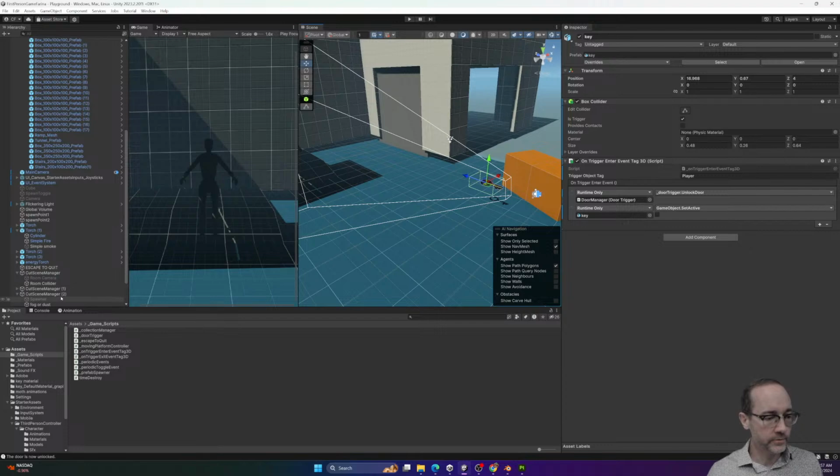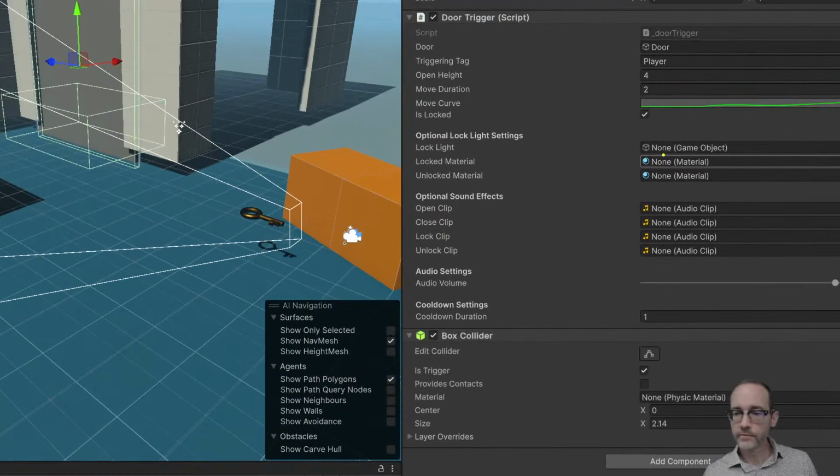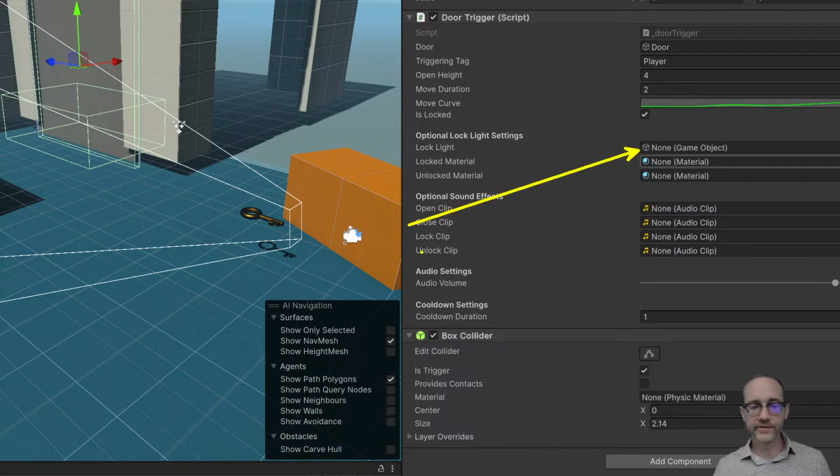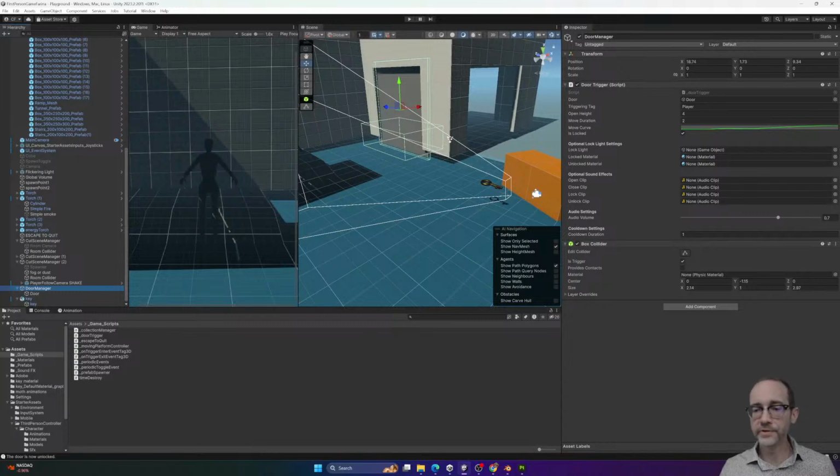On the door, one last thing. We can indicate, how does the player know it's locked or not? Well, it can just not open. That's one thing. Or we can give it a little bit more of a hint. So for instance,